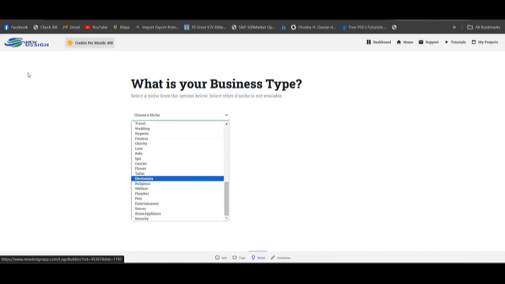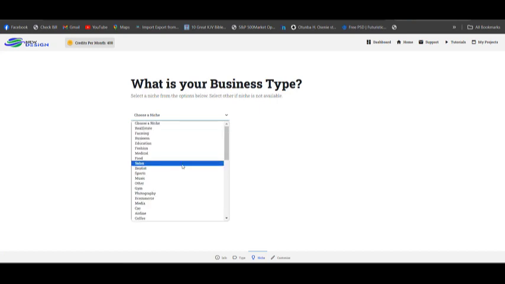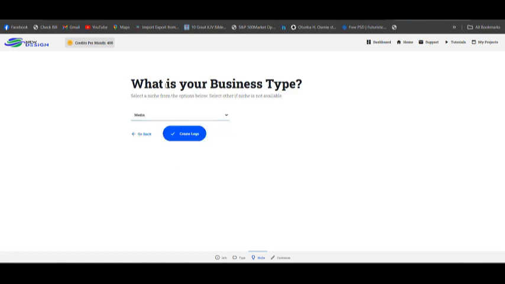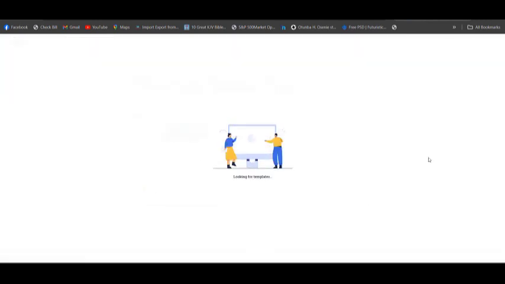Like this logo you see now that I use, this logo you are looking at. Even my Yaagboyaaju logo was created from this platform. And you won't see the type anywhere. It is an original copy, your own kind of copy. So now I'm going to choose media for Mr. Damilare's company. Or should I choose sports? Okay, media. Let me choose media. So I've selected media. Then create logo.